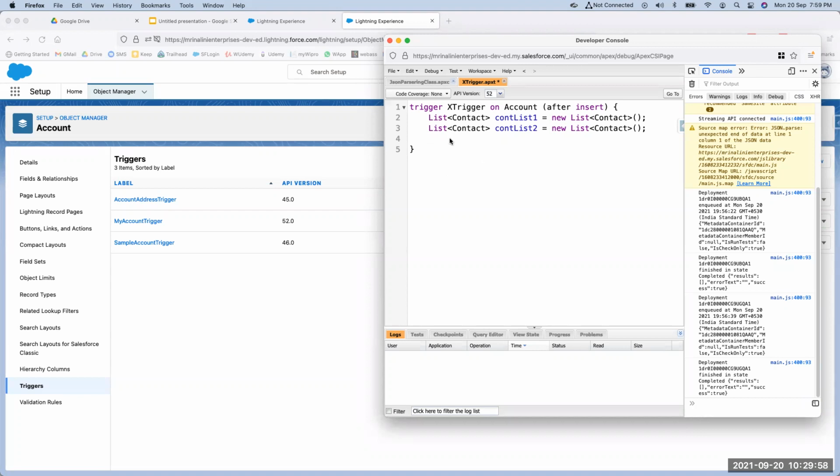So we have taken two contact lists. Contact list one we have taken for fetching the contacts from the account, and contact list two we have taken for updating the contacts. So next I'm writing a query for account equal to,